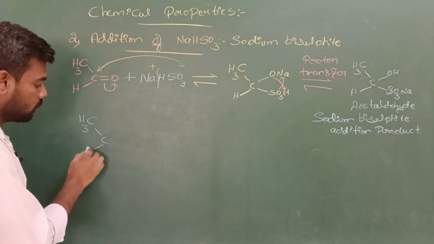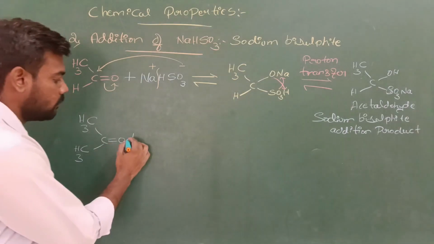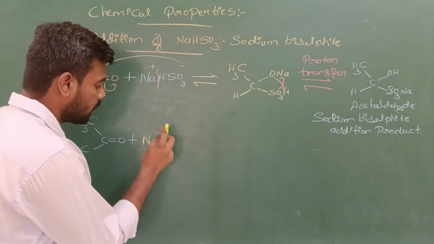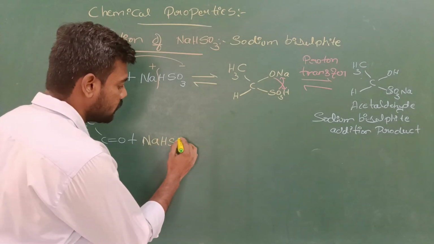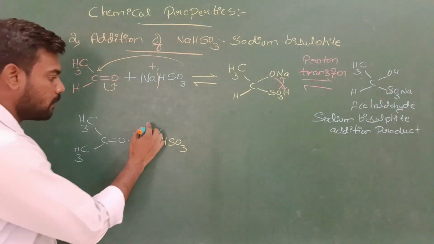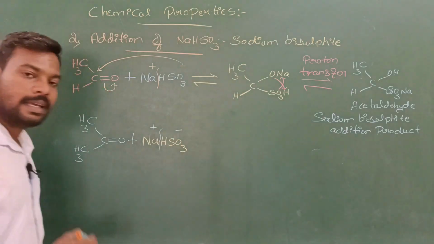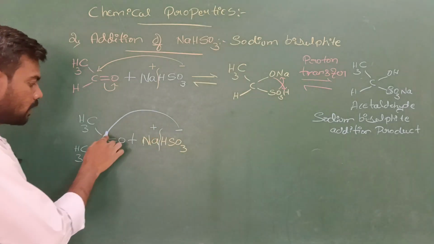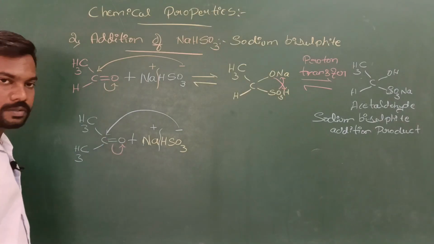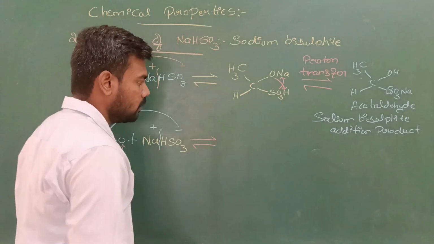when acetone, that is a ketone, is on reaction with sodium hydrogen sulfite, that is sodium bisulfite, the bond will break. The sodium atom will carry positive charge and HSO3 will carry negative charge. This nucleophile will attack the electropositive carbon atom. The electron shifts towards the oxygen atom, which will give a compound